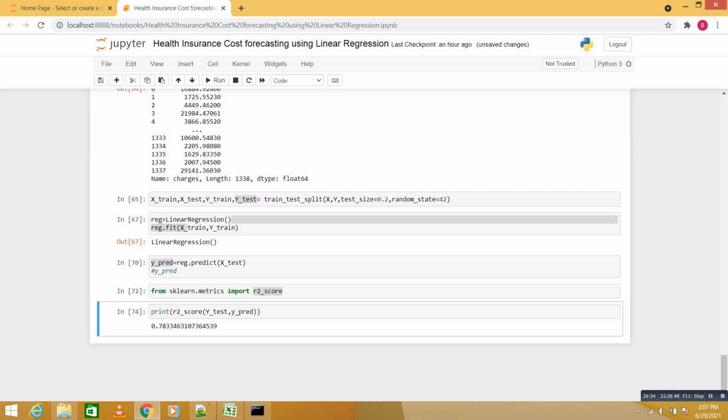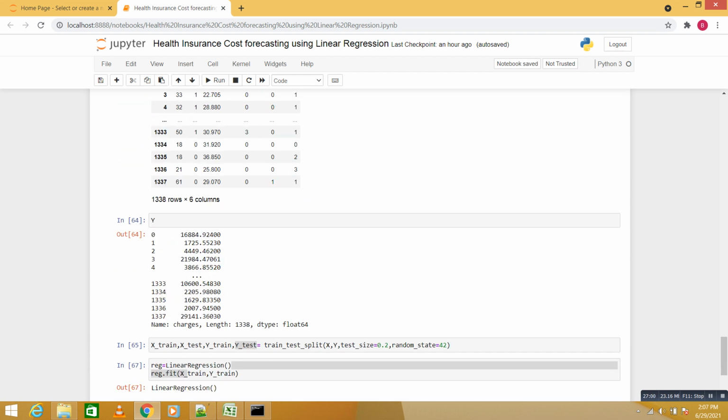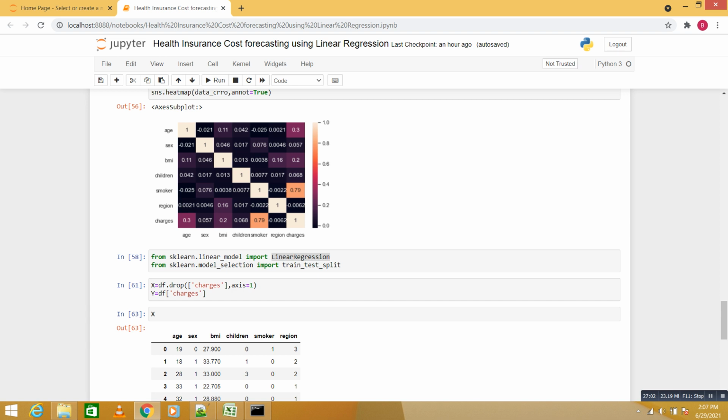If you see, the correlations are very low: 0.3, 0.6, 0.7, 0.57, BMI is 0.2, children are 0.68. So these are the correlations which have low values. So you should ask your business person, or you can ask more questions.